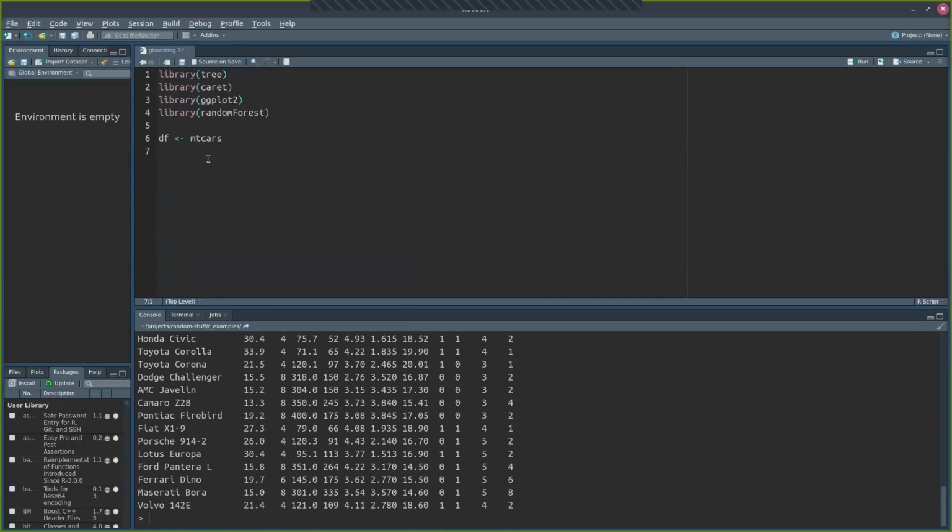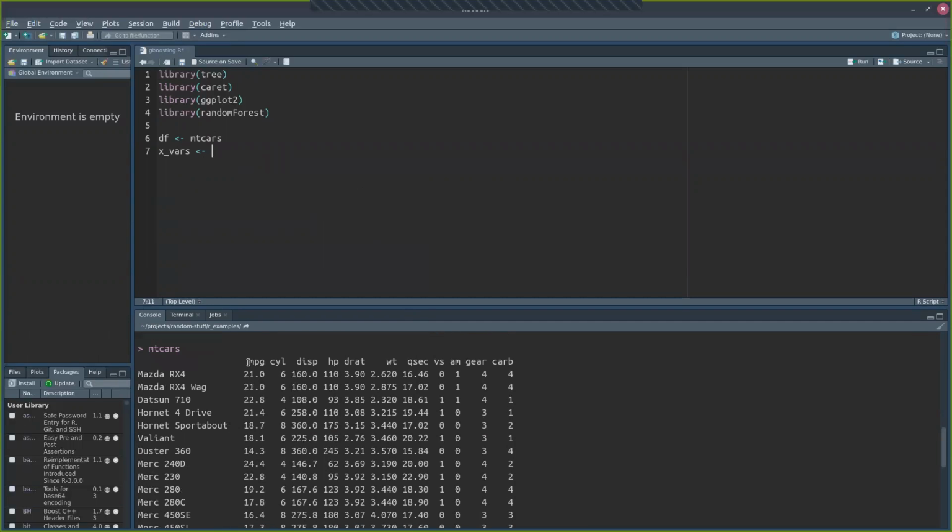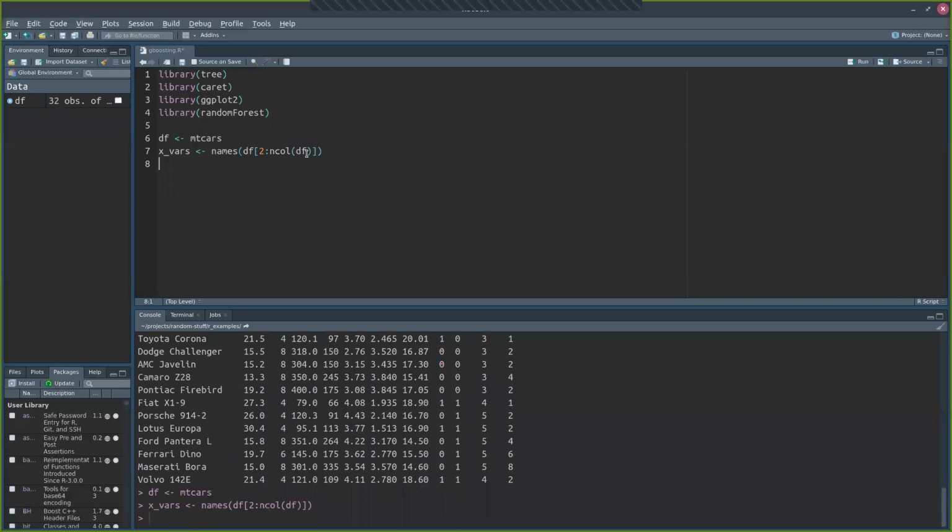And just thinking ahead a little bit, we're going to be predicting the MPG, miles per gallon. This will be our Y variable. And all these other variables will be our predictors or X variables. So let's grab those right now: names of the data frame from the second column to the end. I guess we can run that one. So if we look at xvars,